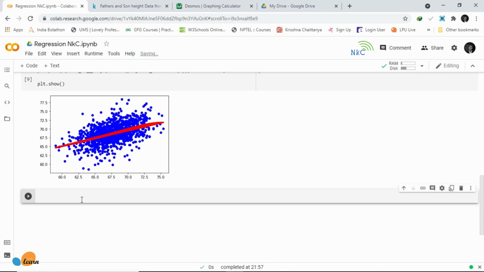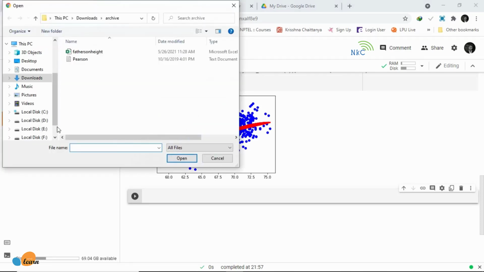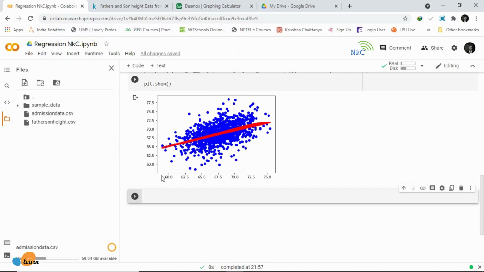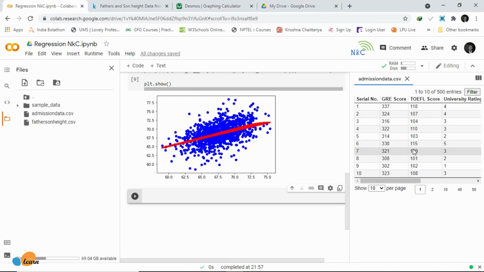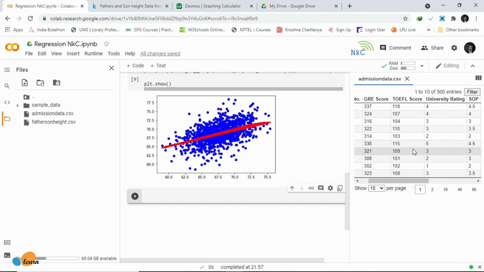Alright, that's great, but you may be wondering now, what if we don't just have x and y? What if we have several x and we only have to predict one y, and some combinations of that? And so the first thing we are going to do is import our data.